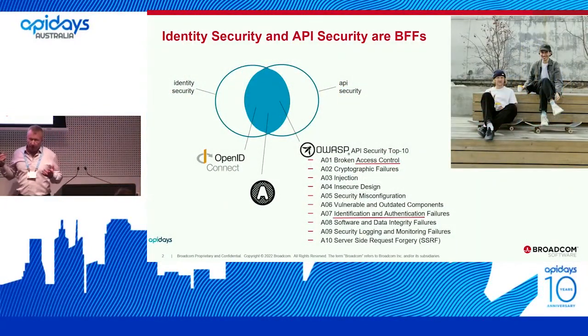So that's the intersection between identity security and API security. As I mentioned before, they have a lot in common. The title of the session here is "Friends Don't Let Friends," but in many ways you could see these friends as cousins or siblings. They have a lot of common DNA, with the OAuth protocol being used for access control, as well as the OWASP top 10. If you look at that, it's riddled with things around access control, identification, authentication. So these two really have to work quite closely together to provide a secure experience for users trying to access data.